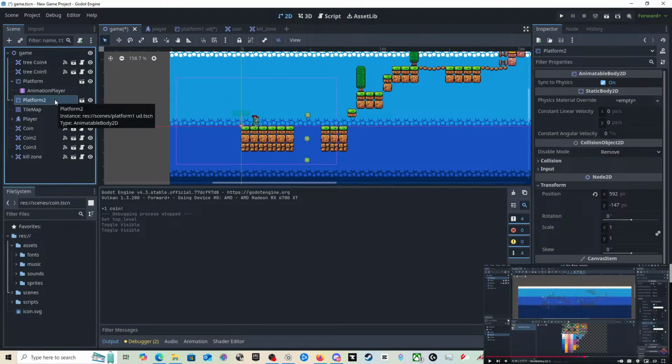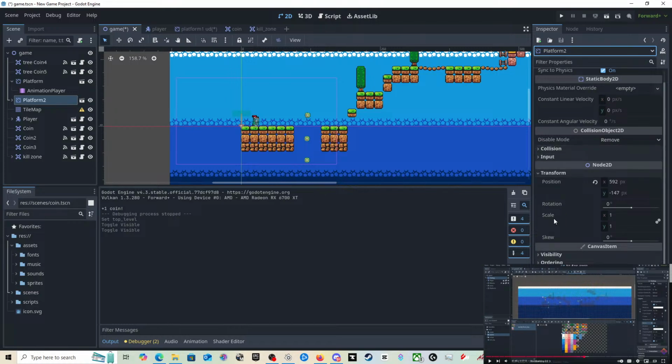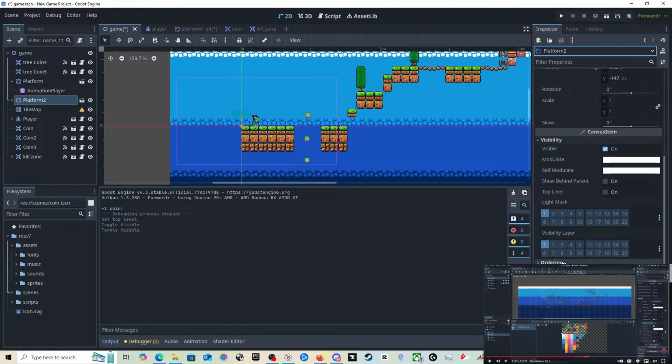Why can't I see the platform? Platform 2. Why can't I see? I don't know.